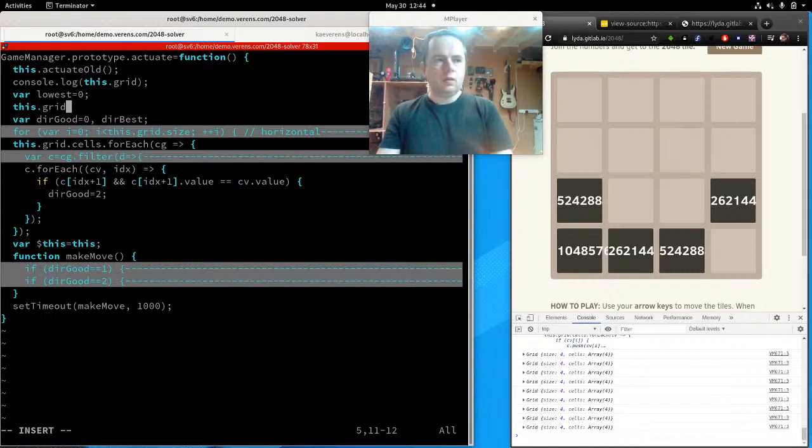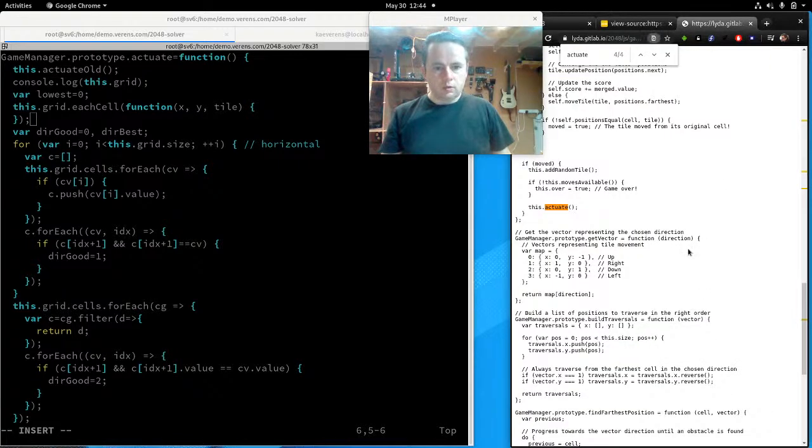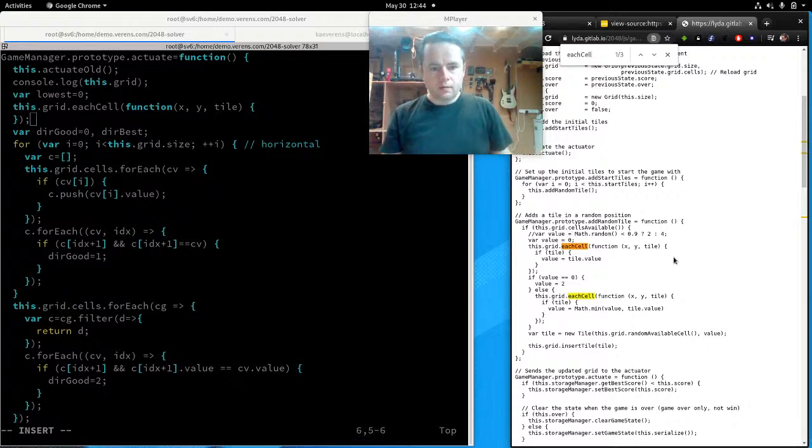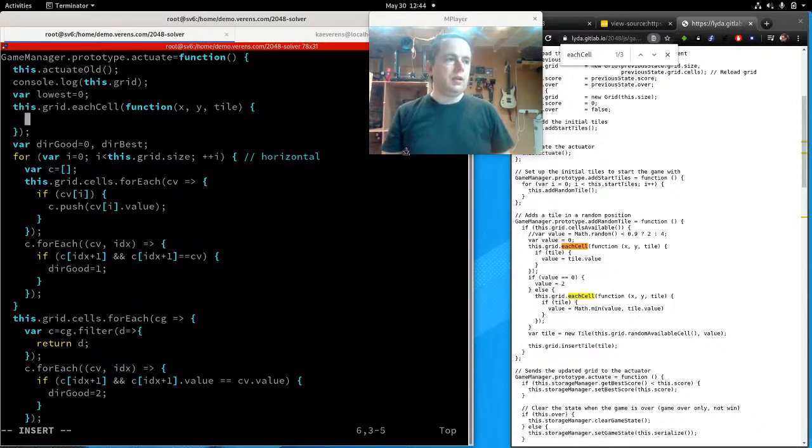grid, each cell. Now we're kind of cheating here because we're using some code that's in the game itself. Function x y tile. What I mean by that is, if we look through the code, you'll actually find that here. It actually goes through all the code. So I'm almost copy pasting what was written beforehand. So before you start hacking something, you really need to get a gist of what is going on in the code already, so that if you need to do something, there might be something already in the code that does it. So if tile and tile.value, so if the tile exists and the tile has a value,